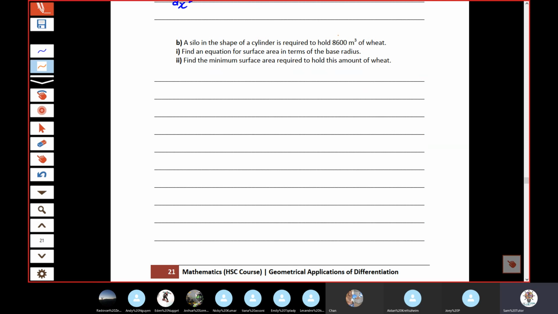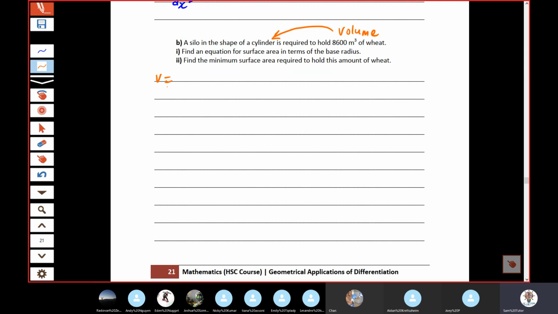Now it's time to see how these work. So now you know you need the volume of a cylinder. And that's going to be equation 1. True? You need the volume of a cylinder, but they've given you the amount. That's technically equation 1. Find an equation for surface area in terms of the base radius. Cool. So just take your time. Let's write the first thing. The first thing I know is V